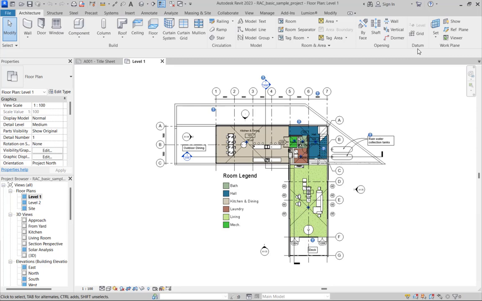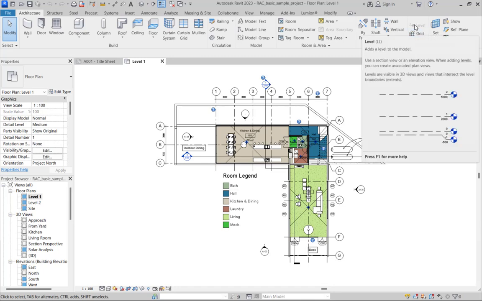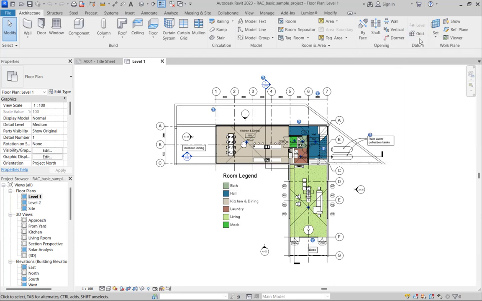So under the datum area, we have two elements here in which you can access the level when you are in elevations or in sections. You can access the grid lines when you are in the floor plans. So right now we are here. I'll talk about this area right now. We are in the working area, so you can have access to your grid lines. Also, we can set